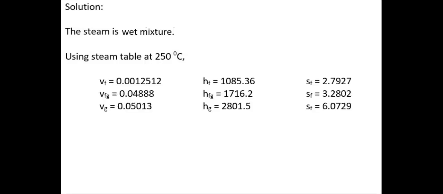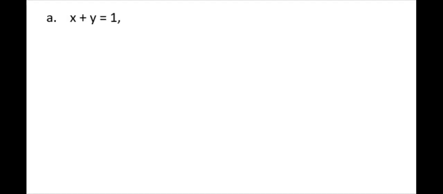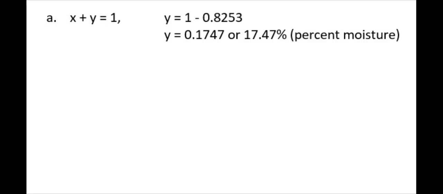Using the steam table at 250 degrees Celsius, you can get these values. Before solving the percent moisture, we will first solve the quality by using this formula. Substituting the values of the volumes, then we can solve the value of X or quality. For letter A, finding percent moisture, we will use the formula X plus Y equal to 1. Transpose X to the right side, we can have Y equal to 1 minus X. Substituting the value of X of 0.8253, we can solve Y, which is equal to